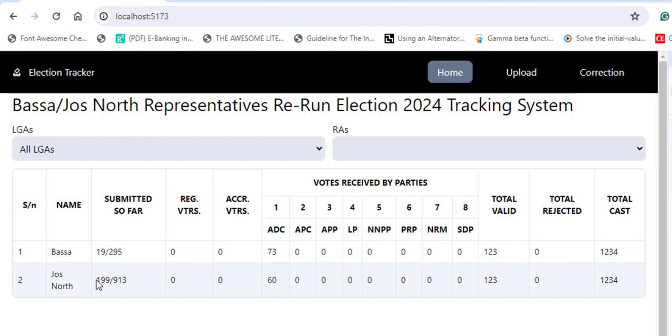So now you see we have 199 affecting just not. We have 19 for Basa, and we have 199 for just not, meaning that the submitted is now working as it should, okay, for both just not and Basa respectively. So the next thing we will fix is going to be